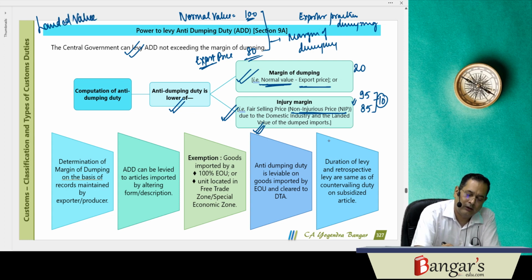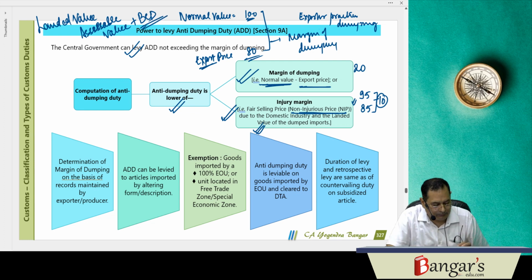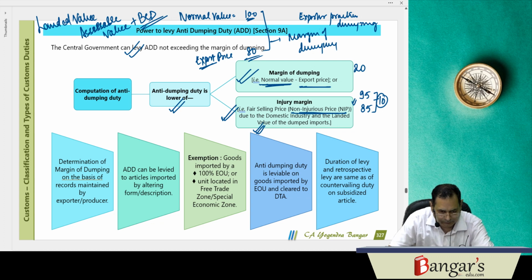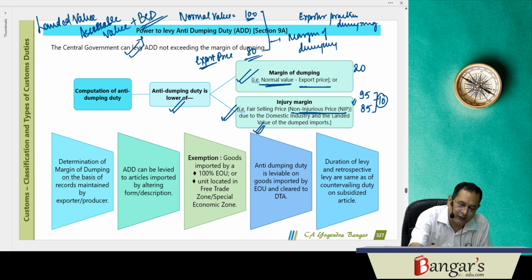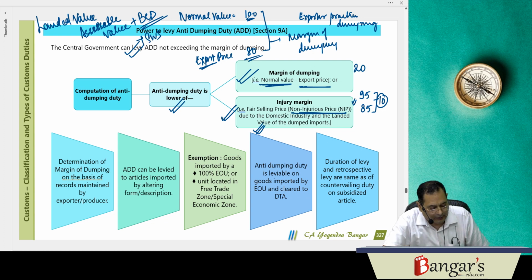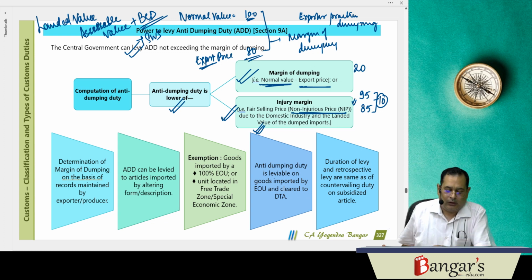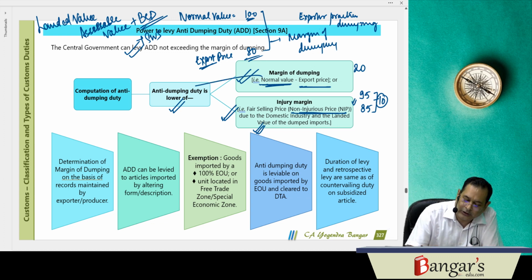It is assessable value plus the basic custom duty, plus social welfare surcharge. That is what the landed value is. So basically, landed value is the assessable value plus the basic custom duty except CVD, SAD and other special duties. Now here, whatever margin of dumping is determined,